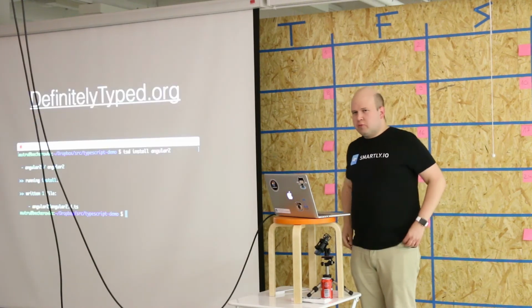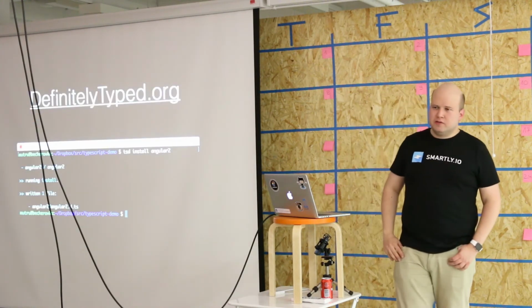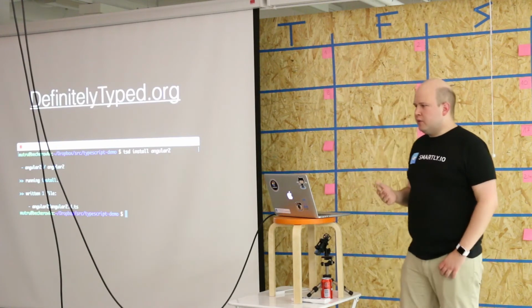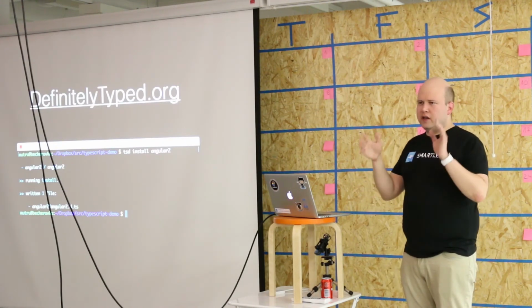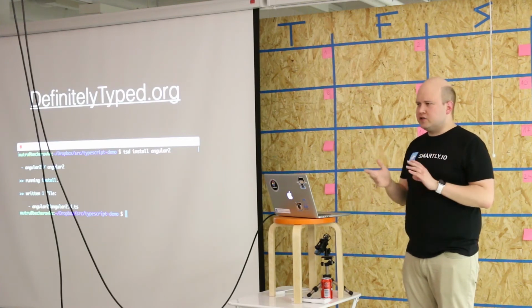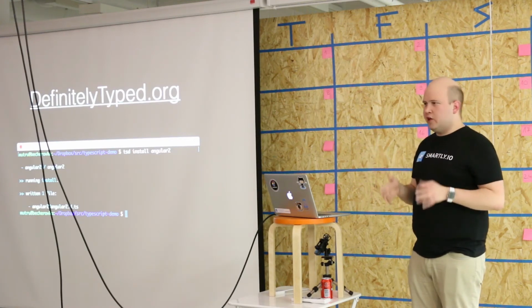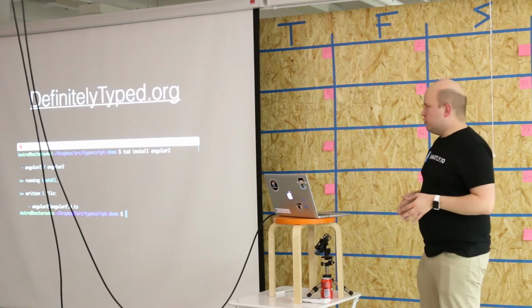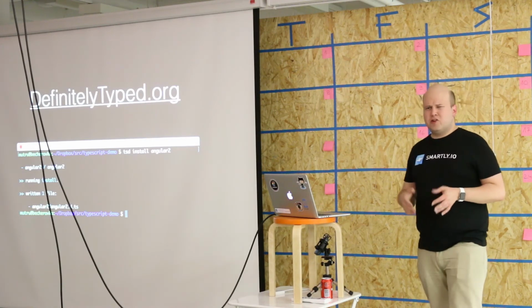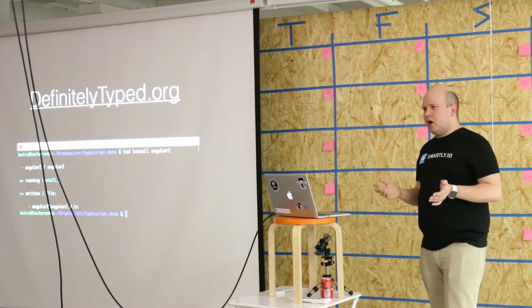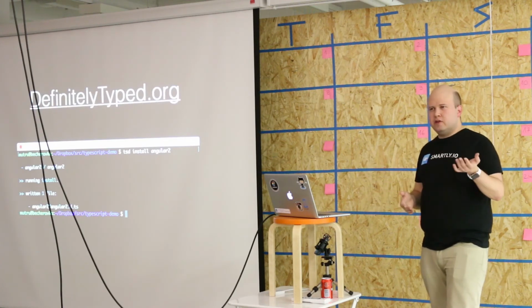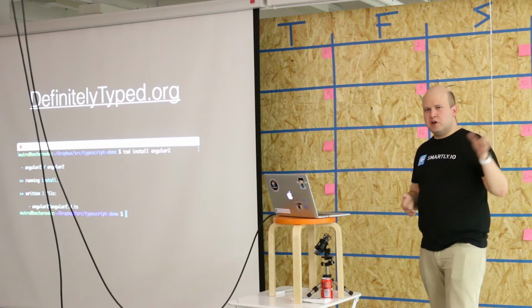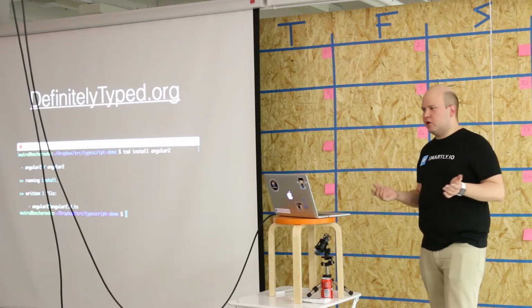Talking about external libraries, that's one of the major issues with anything like this, because if you were just working on your hello world, that is one file and that's it, and it doesn't have any external dependencies, then you would be good. But as soon as you start using any external libraries, how would the compiler know what this method or this function in this library actually returns?